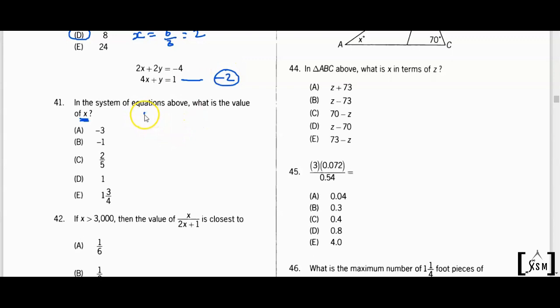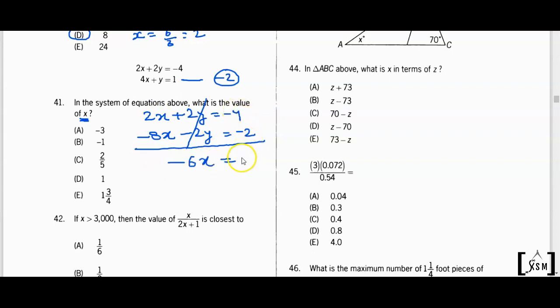See how we get. So I'm writing down the first equation, 2x plus 2y equal to negative 4. And second equation I am multiplying by negative 2. So we get negative 8x negative 2y equal to negative 2. Now guys, please understand, we'll add them so that y eliminates, right? Y cancels. So 2x minus 8x would be equal to negative 4, negative 2 would be x equal to 1. Option D is the correct answer, right?